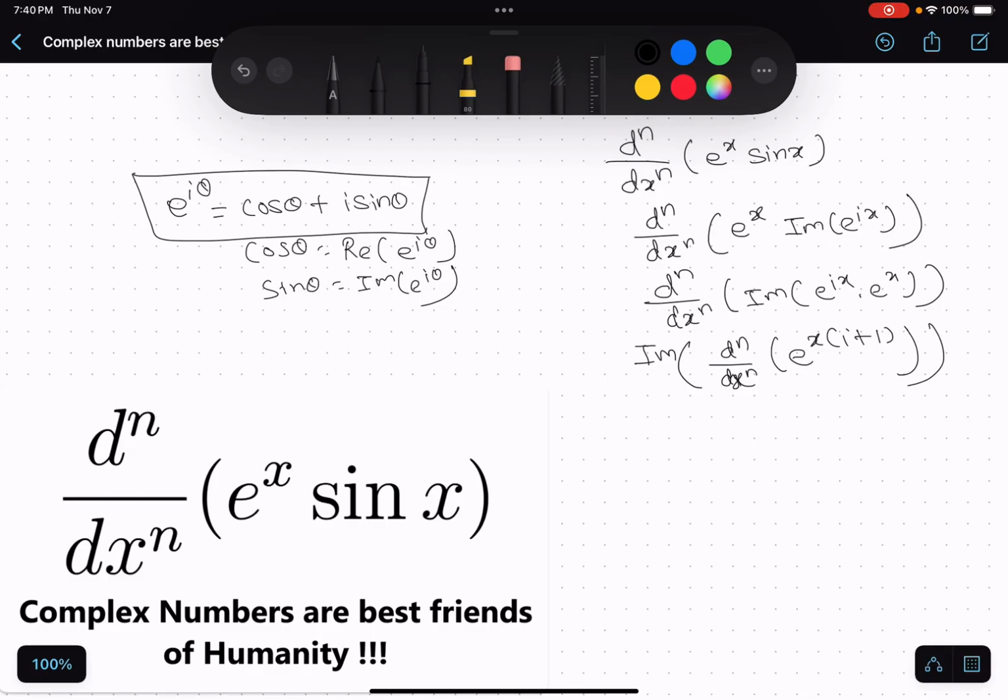And we know that if we want to find the nth derivative of e to the power ax, what happens is this a will come forward n times, so that will be a to the power n times e to the power ax. So we can use the same thing now. It has become too easy actually. So we'll have (i plus 1) to the power n times e to the power x times (1 plus i),